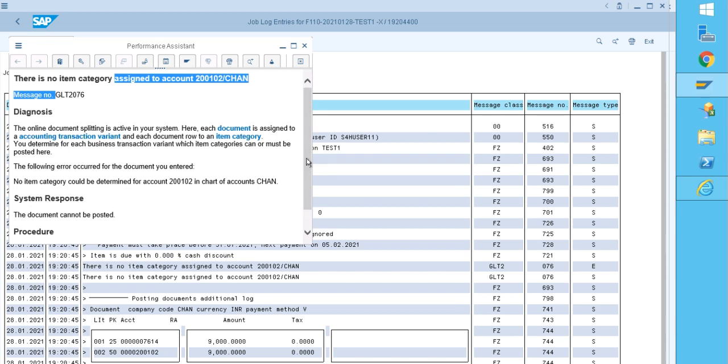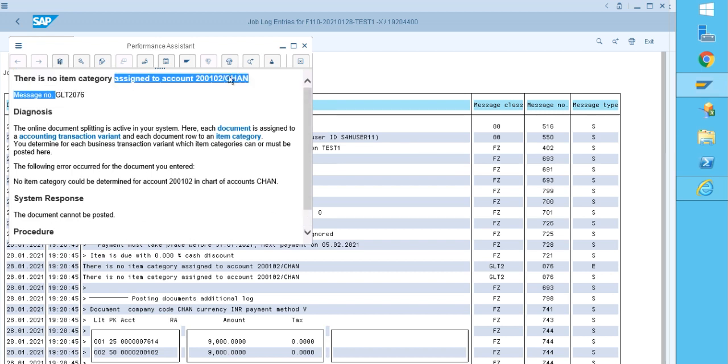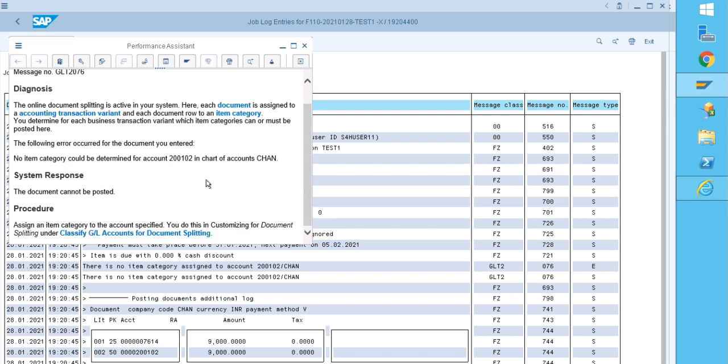How can we rectify it? The procedure is also given: assign an account category to the account specified. So you do this customization, classification of GL accounts for document splitting. I am copying this GL account. The problem is that this GL account is not assigned in the classification of GL accounts for document splitting, which is why we are getting this error.